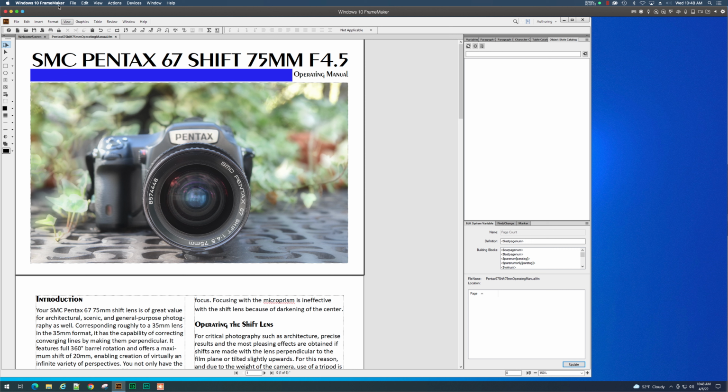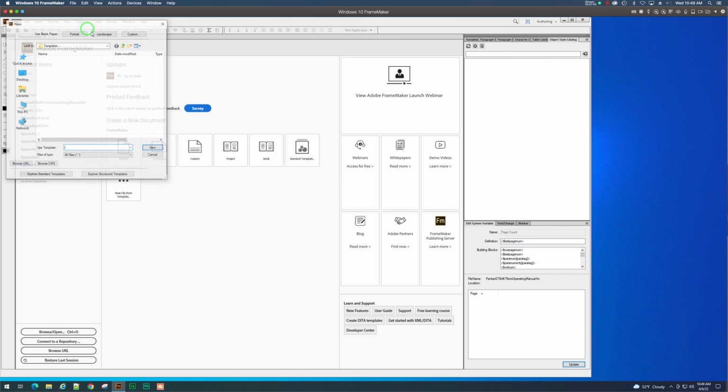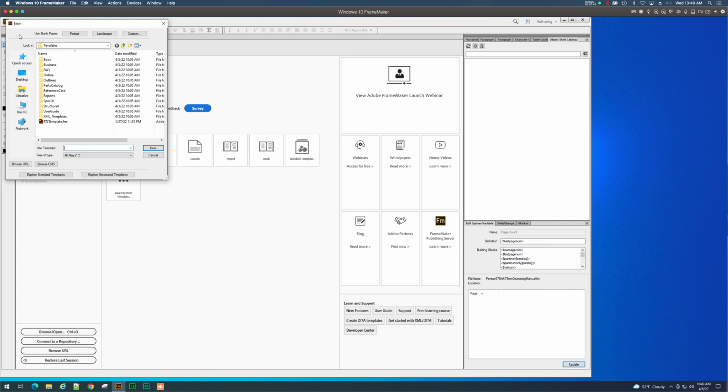If we create a new book, let's see here. Yeah, so let's create a new document and play around with the master pages. So I'm going to close this document here. I'll hit save. And I'll say File, New Document. Okay. Now, let's see where I should add it. I'll just go into,